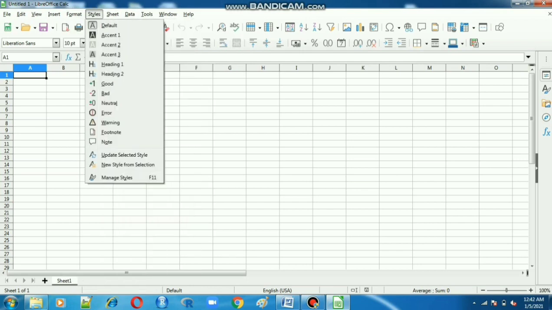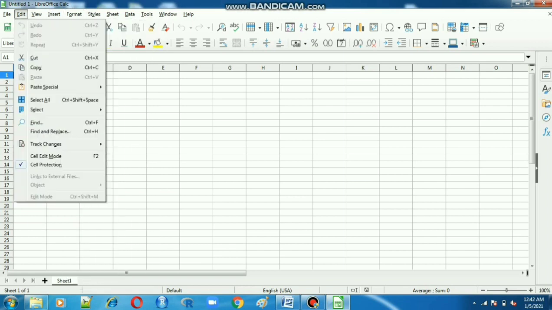Some advanced options and some settings are given in LibreOffice Calc itself. But both are the same software. We have to maintain our statistical and mathematical processes in LibreOffice Calc itself.